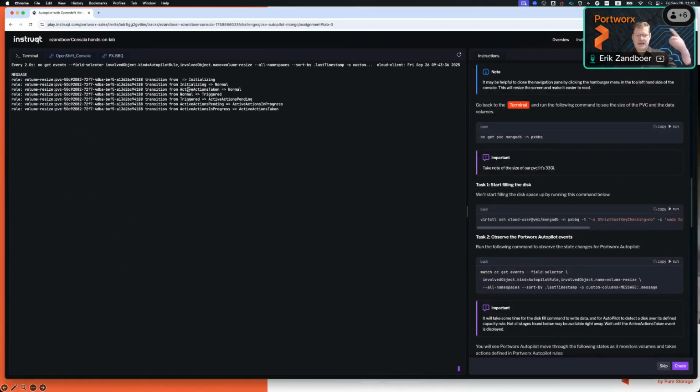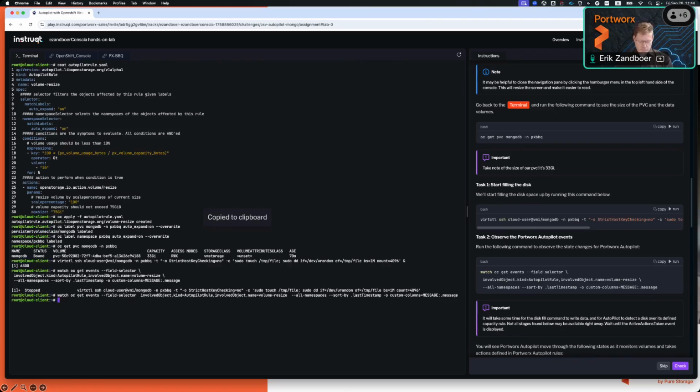I think it has done multiple instances actually. So it got triggered, then it said it has an active action pending in progress, and then actions were taken. So you can see that autopilot was sitting there normal, then it triggered at some point, and it put in some actions and said they were pending, they were in progress, and then actions were actually taken.